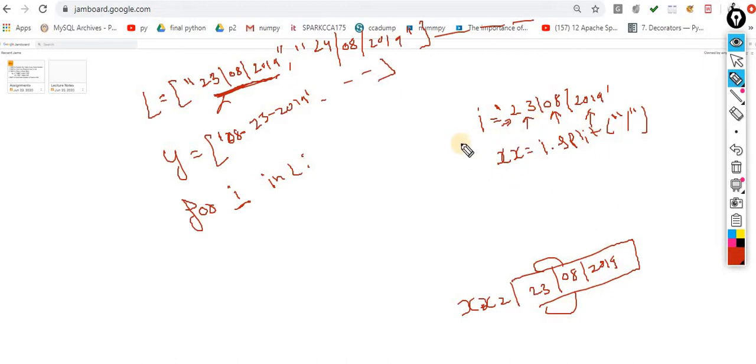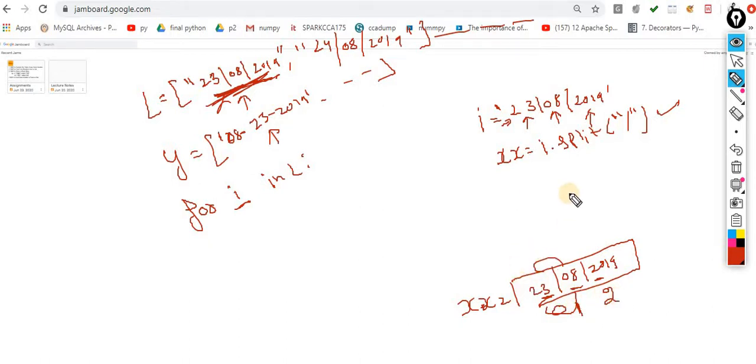So you just think about this logic only for a single value, and it will automatically happen for everyone. The starting value of i is this one, so think of the logic for this one. In the next iteration i would be 24, then 25. Just focus on the first value; it will automatically happen for everyone. First, you have to split it, because you have to find each part separately. Now the first concept is done. Now your xx contains this on the 0th index, this on the 1 index, this on the 2 index.